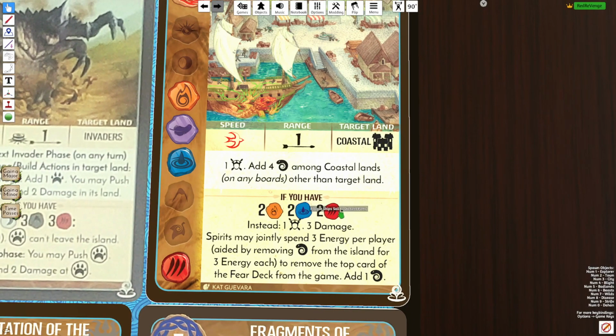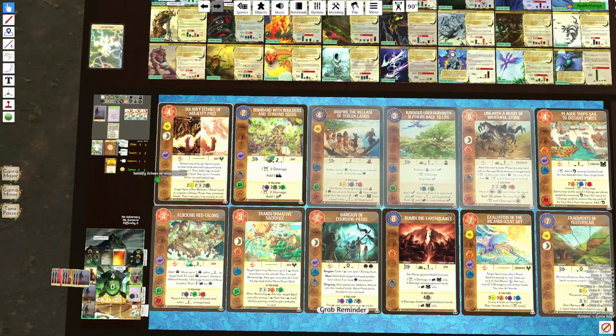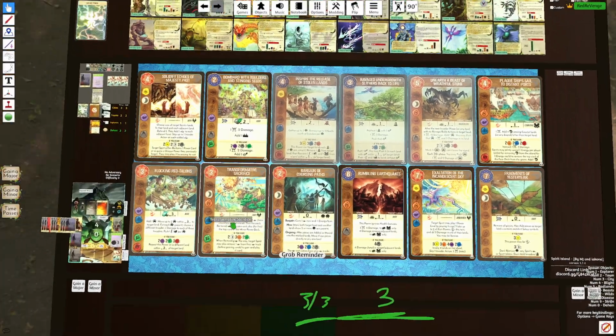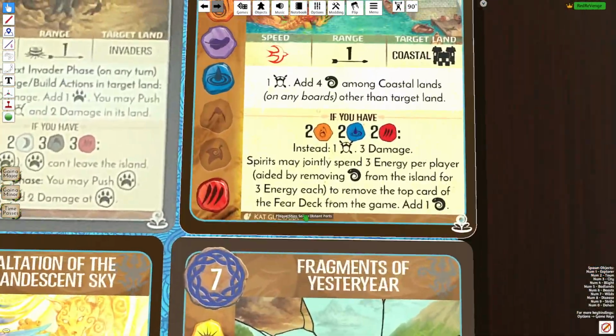If you have the 2/2/3 threshold, instead, 1 fear, 3 damage. Spirits may jointly spend 3 energy per player, aided by removing disease from the island for each 3 energy, to remove the top fear card from the game, and then you add a disease. So this card, if you threshold it, allows you to completely get rid of fear cards. And actually, just to restate, the threshold is actually 2 fire, 2 water, and 2 animal. I think I might have said 3 animal. So yes, this threshold allows you to destroy fear cards,